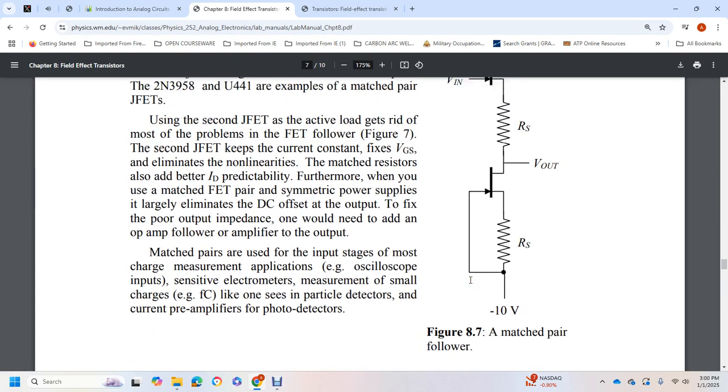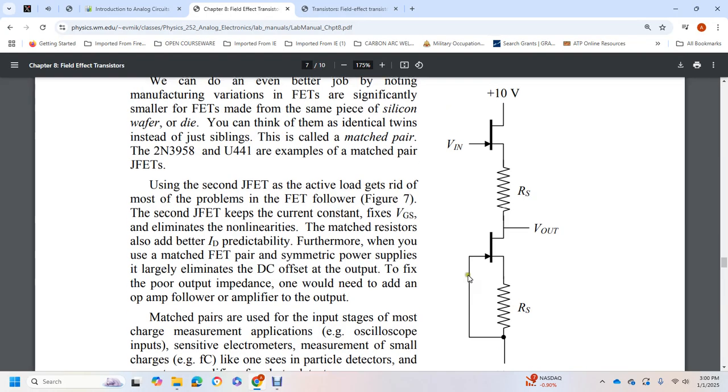Figure 8.7 shows a matched pair follower. So we have a 10 volt voltage in, voltage to the matched pair, resistor S,